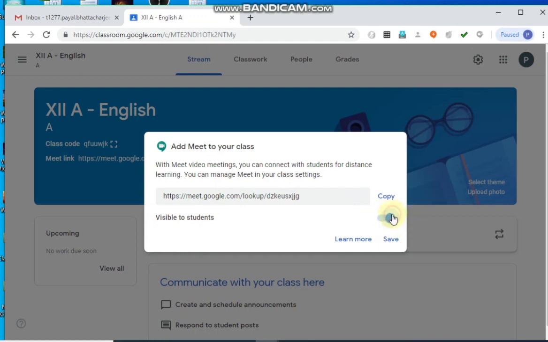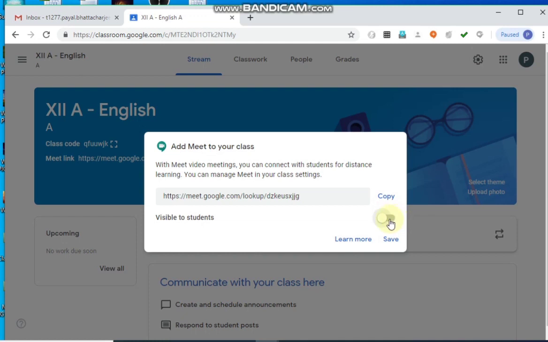Now this is enabled by default, but when you create a classroom using your mobile, then you have to specifically make this visible to students enabled, because there by default it is kept disabled. So this is enabled now, and if I disable, this is disabled. So if it's disabled, then the students won't be able to see the Meet link.